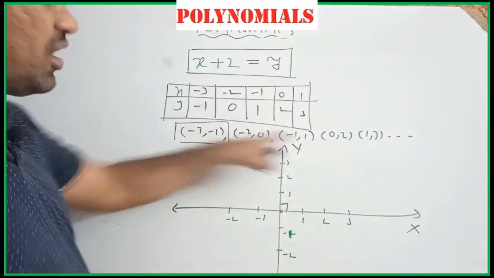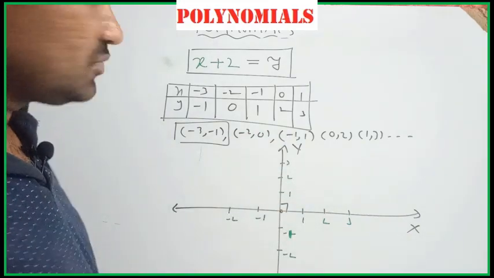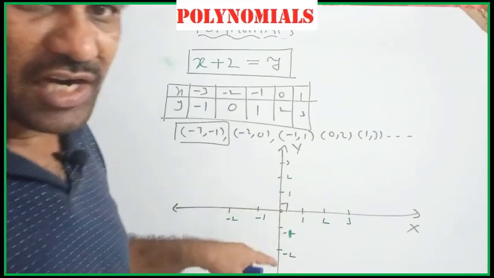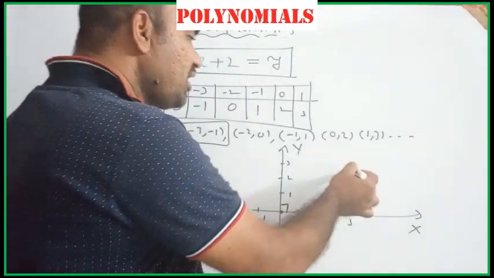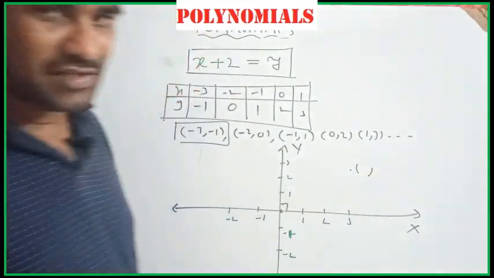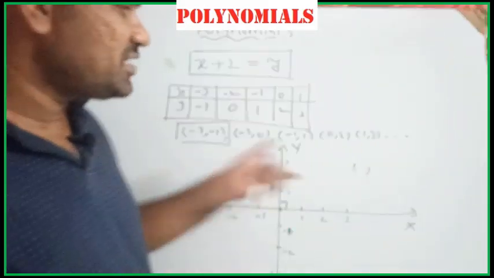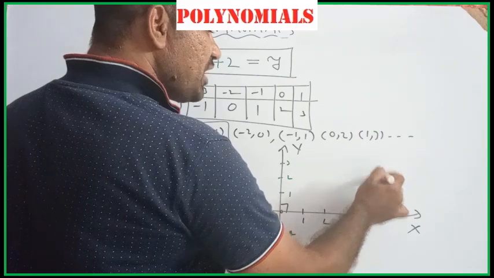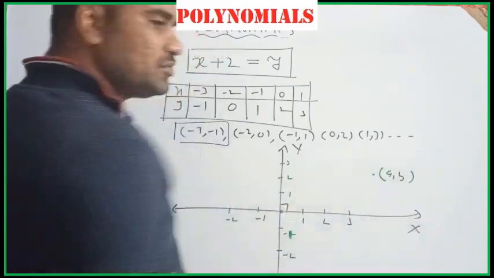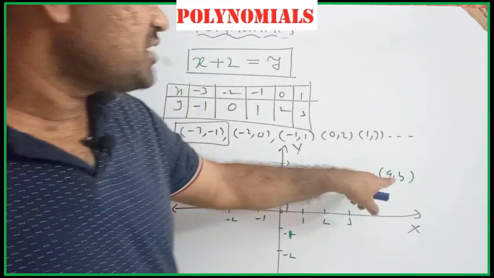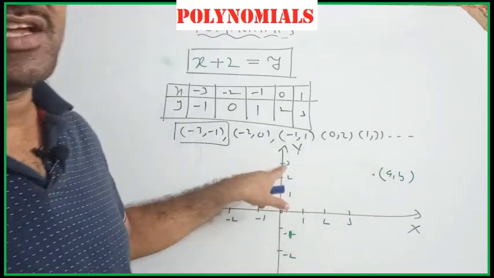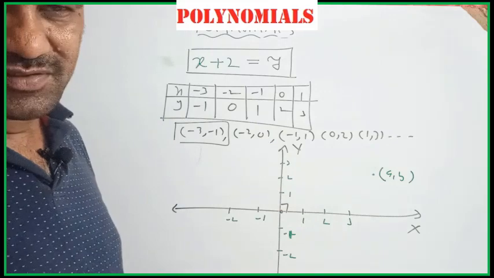So this is called the coordinate plane. This is called the x-axis. This is called the y-axis. On this coordinate plane, every dot is followed by an ordered pair and vice versa. For every ordered pair, there is a dot. For example, this dot followed by the ordered pair (a, b) means this ordered pair gives the position of this point with respect to these two intersecting, perpendicular lines.